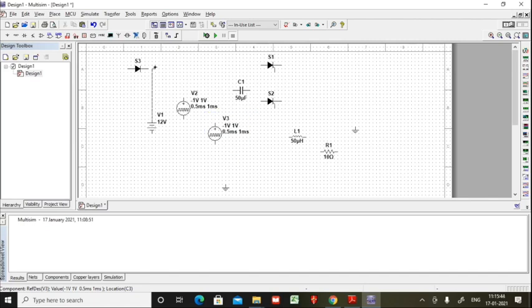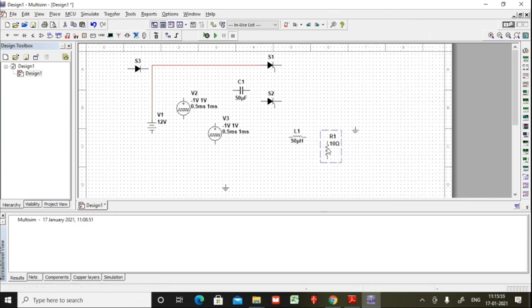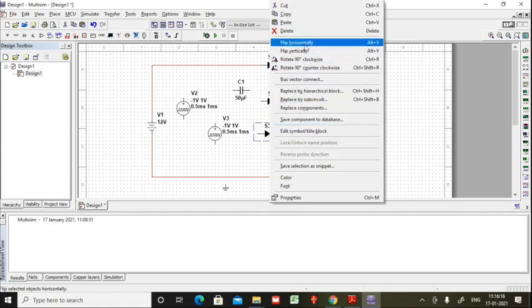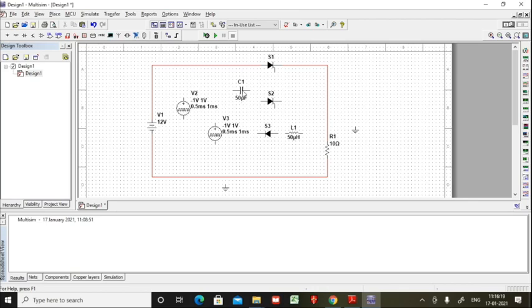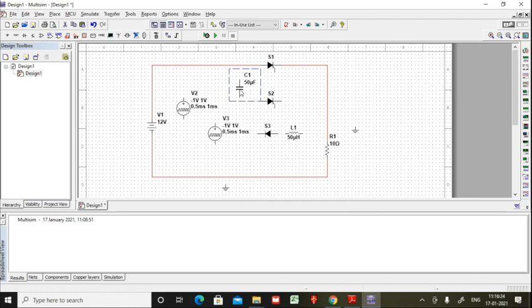This is the connection, and I'll have to rotate this also. Fine, I'll connect this, then connect it here. This is my main circuit. This diode has to come here with opposite direction, so flip horizontally. Now rotate this counterclockwise.